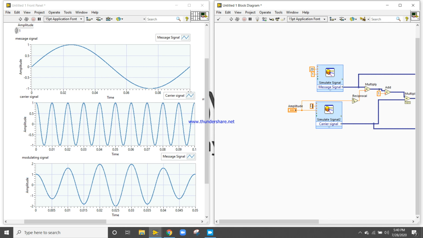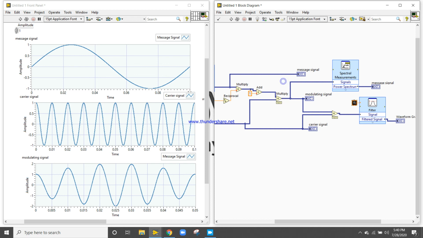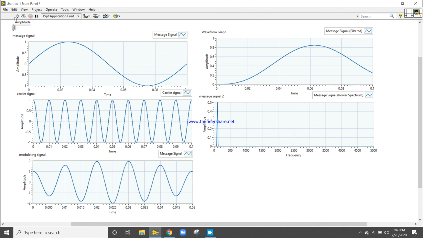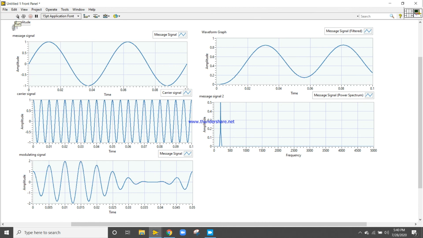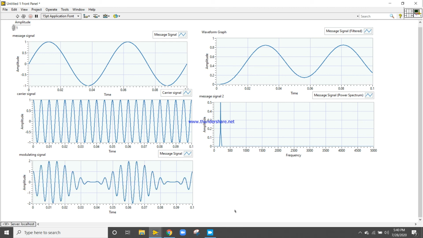Keep it 200, 10 times, and this cutoff frequency 20. Come into the front panel. Let's set 0.1, control R. So this one is my message signal, carrier signal, modulating signal, and demodulating signal.